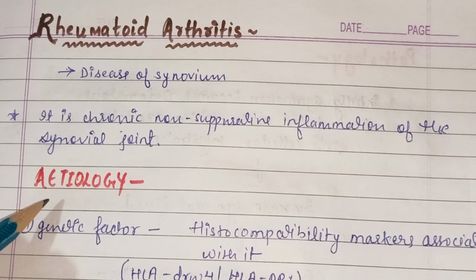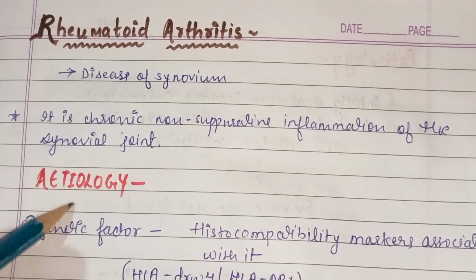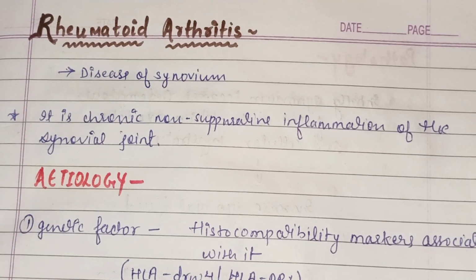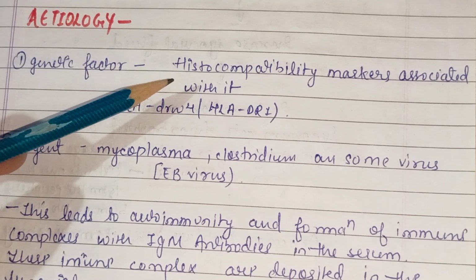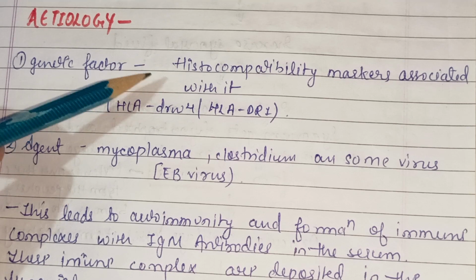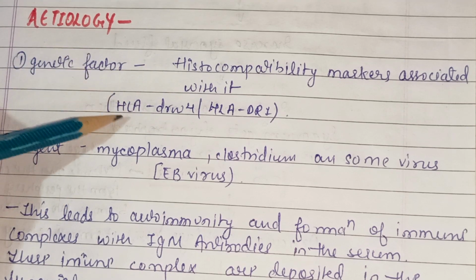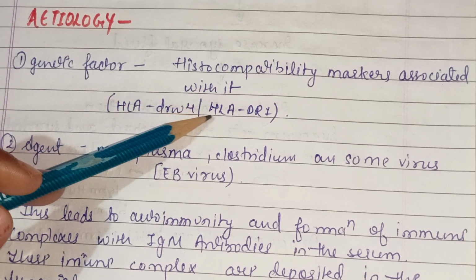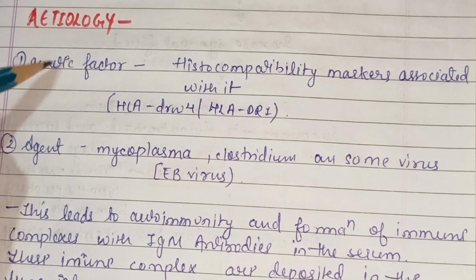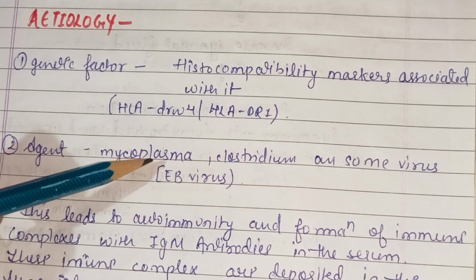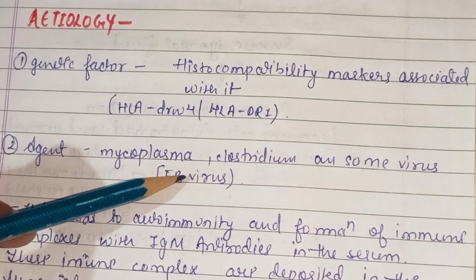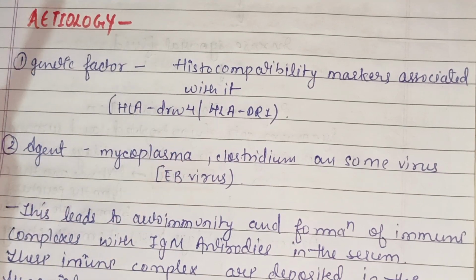Now we can discuss the etiology of rheumatoid arthritis. First is the genetic factor and the agent. The genetic factors are the histocompatibility markers associated with this disease, HLA-DRW4 and HLA-DR1. These are the markers. And the agents are mycoplasma, clostridium, and some viruses, that is Epstein-Barr virus, which is involved in this